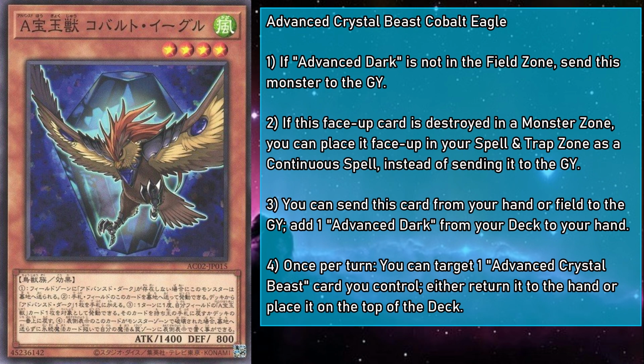Crystal Beast Cobalt Eagle is a level 4 Wind-Winged Beast monster with 1400 attack and 800 defense, and once per turn you can target an Advanced Crystal Beast monster you control and either return it to the hand or place it on top of your deck. This is a much better way to recycle your Advanced Crystal Beast than its original version, but the best effect